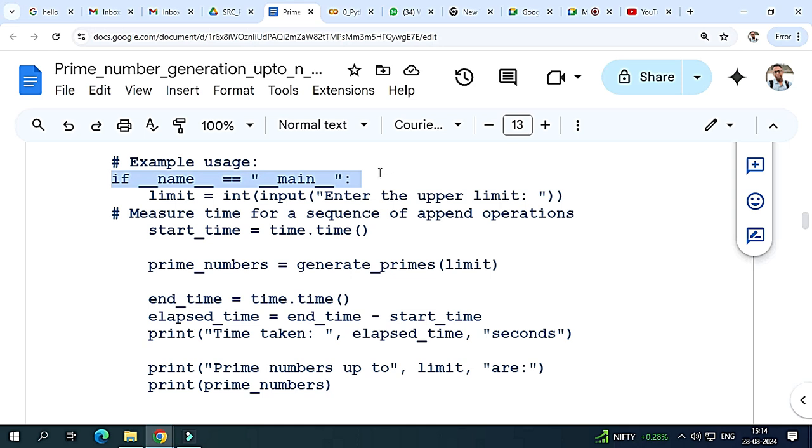And another thing I wish to tell you: you all know underscore underscore name underscore underscore. It is like a class variable; every class has such variables, like underscore underscore init underscore underscore, which is the constructor of the class. Same thing, for any program there is underscore underscore name underscore underscore, and these are all built in. So it is already built into Python, and we are just using it. Okay, so this is the reason.